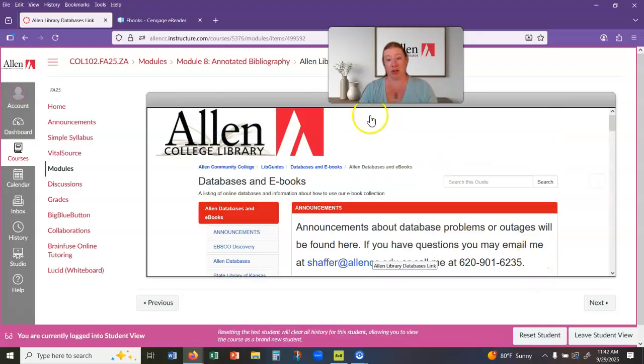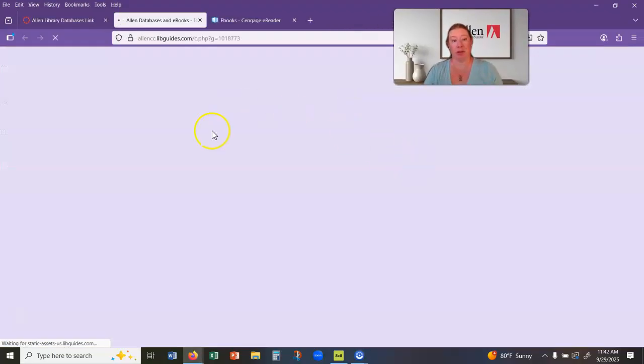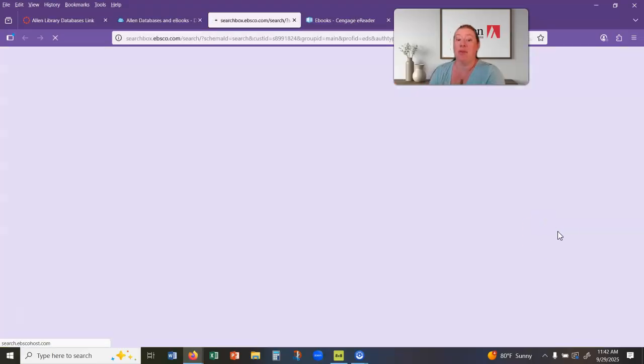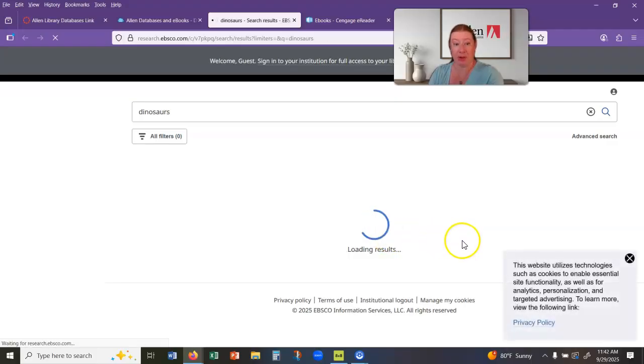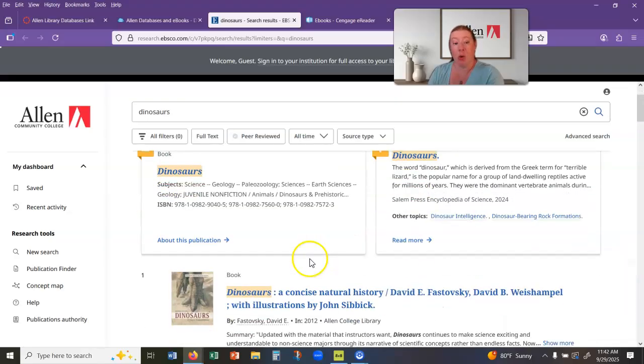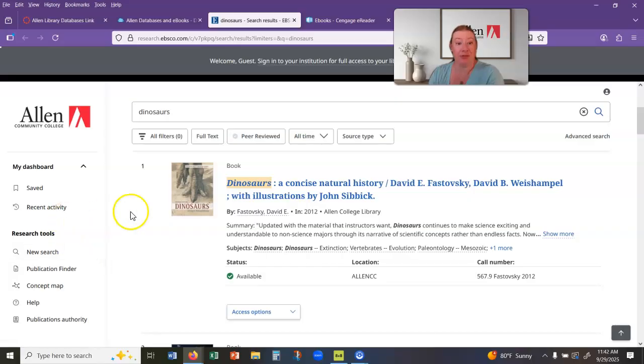So if I want to go to, let me see if I can get to this website. So you can just search for everything if you want to. So if I just want to search for dinosaurs and I search everything, then the first thing that's going to pop up are books at the library, which if I'm in Iola, I could go get some physical books, but I'm not. So I may want to limit my search publication to certain types of publications, or I can filter by